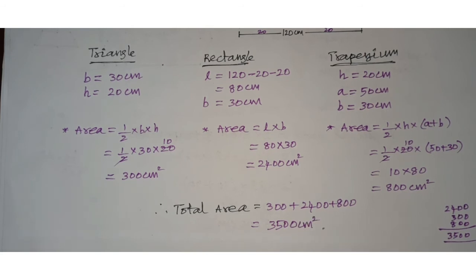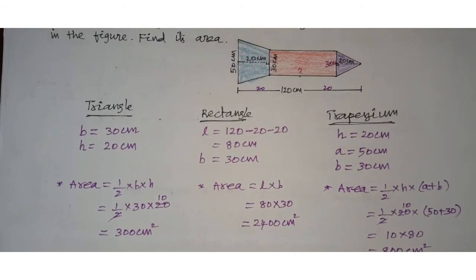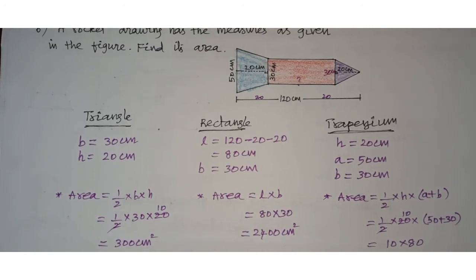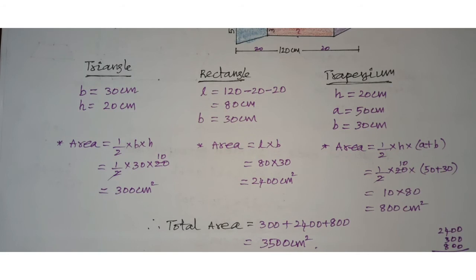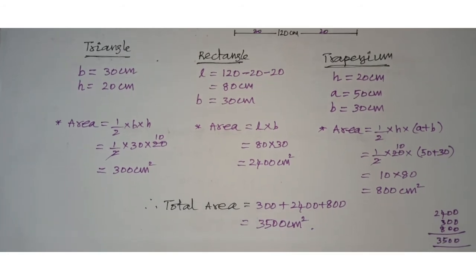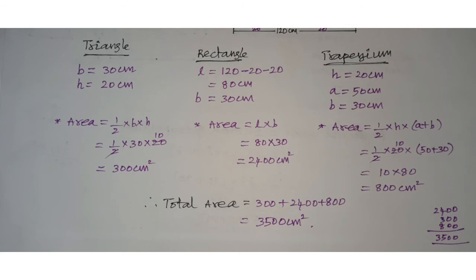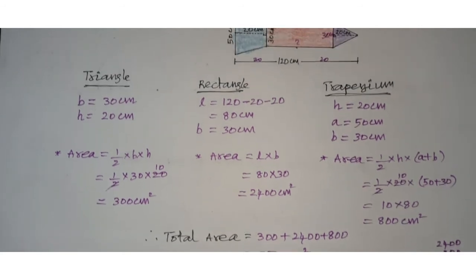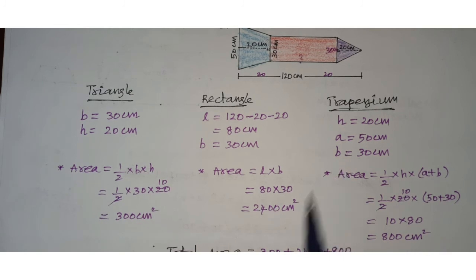Yes students, so don't forget, here we have to find from the diagram what the shapes are, and then for each shape, whatever dimensions we need to find the area, the length, breadth, height, whatever is required. Then find the area of each one separately. Then finally the total area. Okay. So it is very simple. Each area we have studied in 7th standard separately. Here we are only adding all the values. That's all. Okay students, you feel it is very simple.